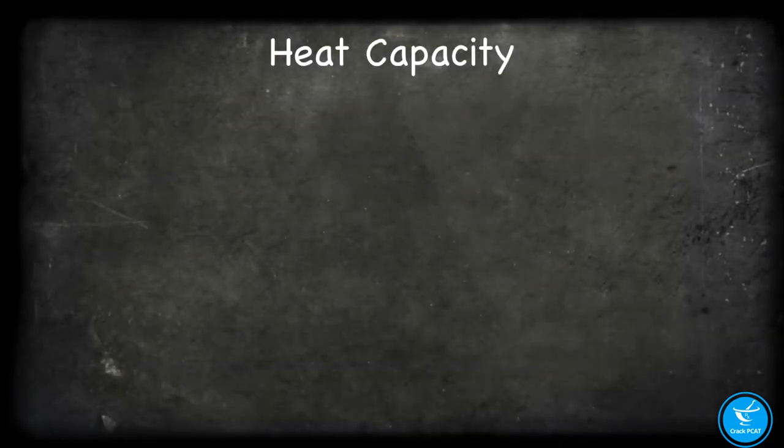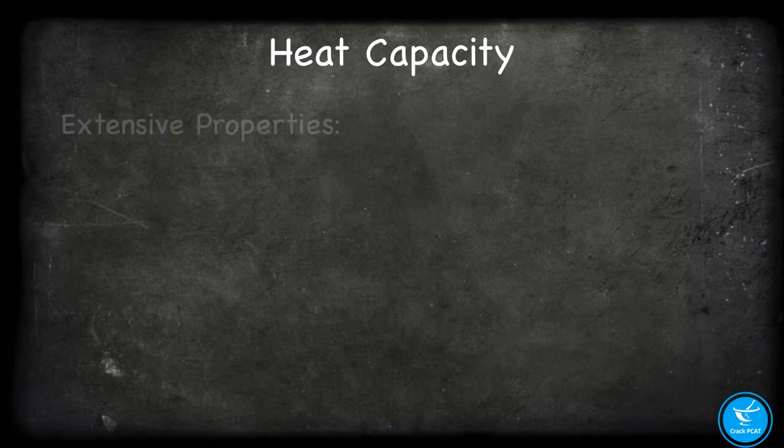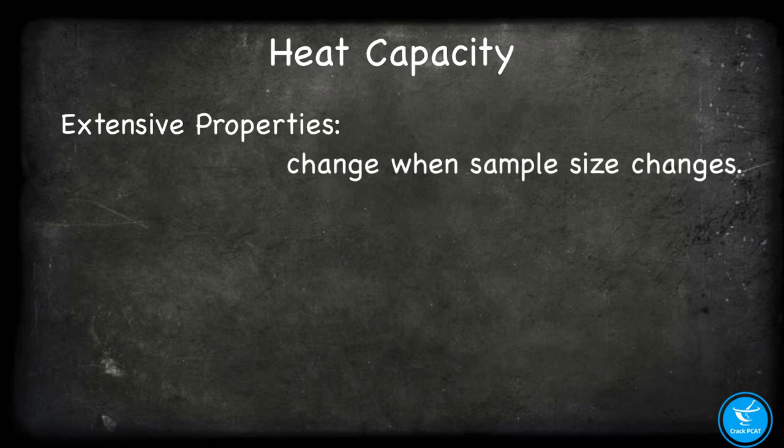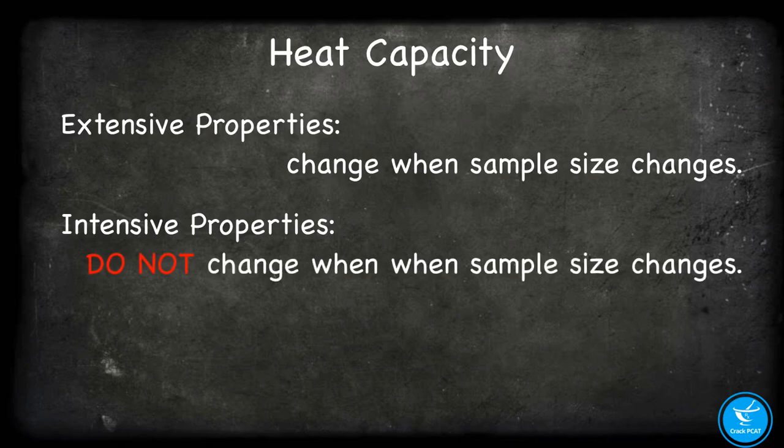All matter has unique properties that distinguish it from other matter. There are extensive properties, which are properties that change when the size of the sample changes. Then there are intensive properties, which do not change when you take away